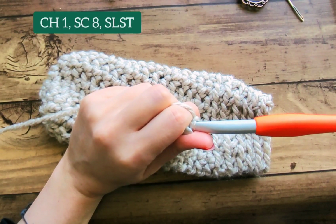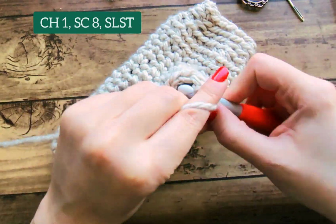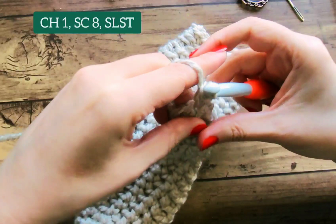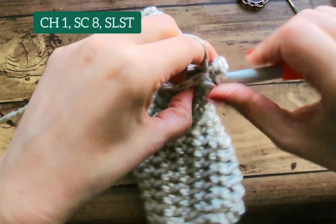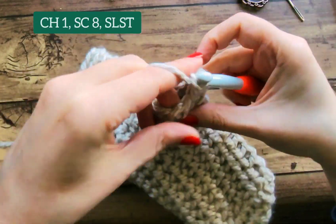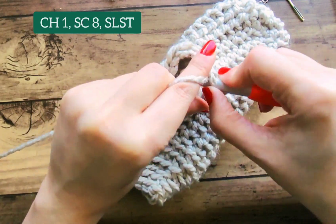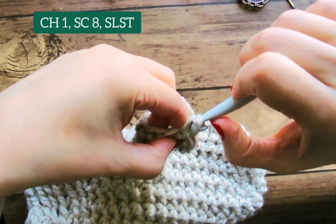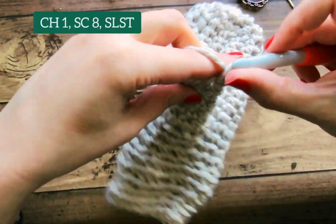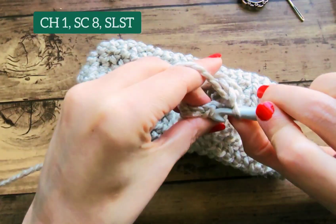We're going to repeat that round, I think. Yeah, repeat that round. Single crochet 8 all the way around. 1, 2, 3, 4, 5, 6, 7, and 8. Slip stitch to the first,